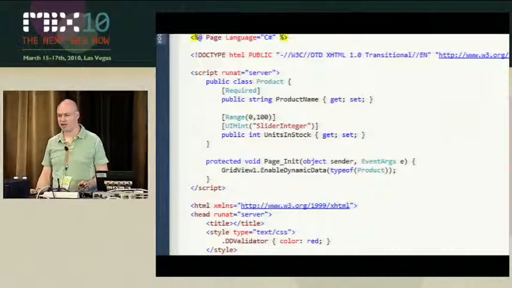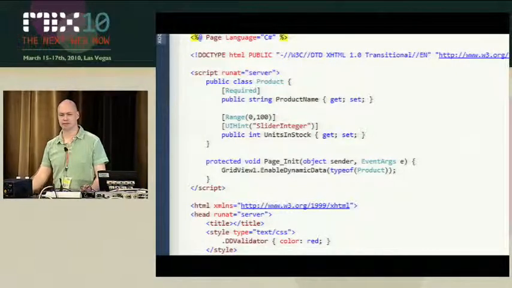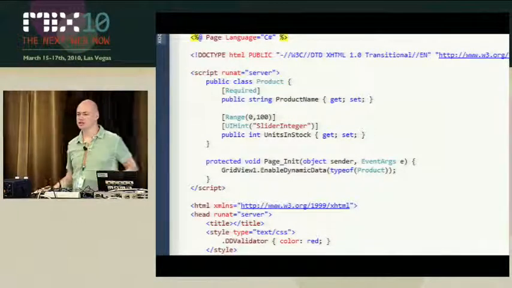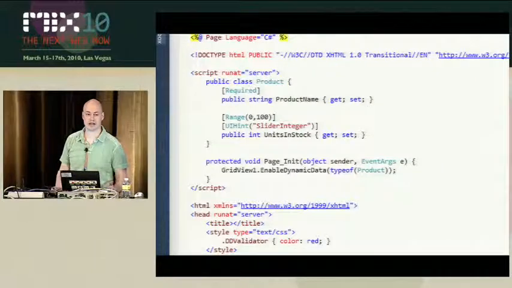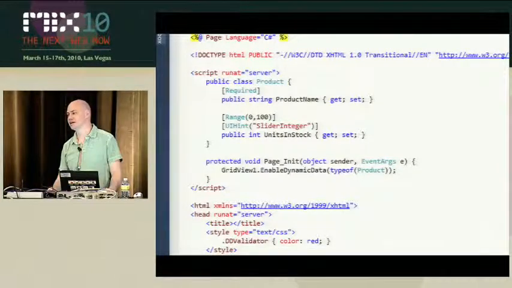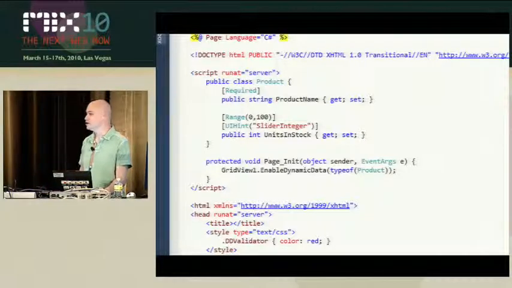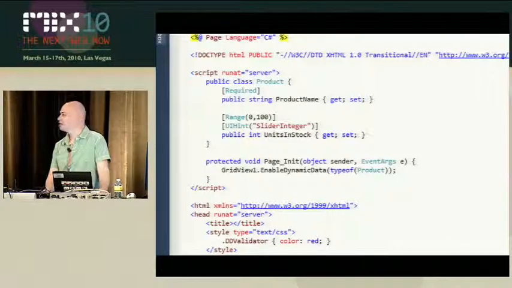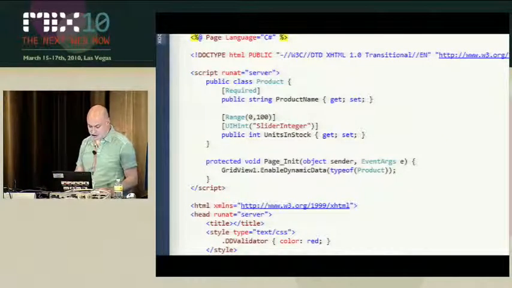Have you seen these metadata validation parameters before? How many people? Okay, pretty good. You're seeing these across the board in a lot of Microsoft things. You're seeing them in RIA Services. You'll see them in dynamic data. You also see them in ASP.NET MVC 2, which makes a lot more use of these. So the idea is that you're able to